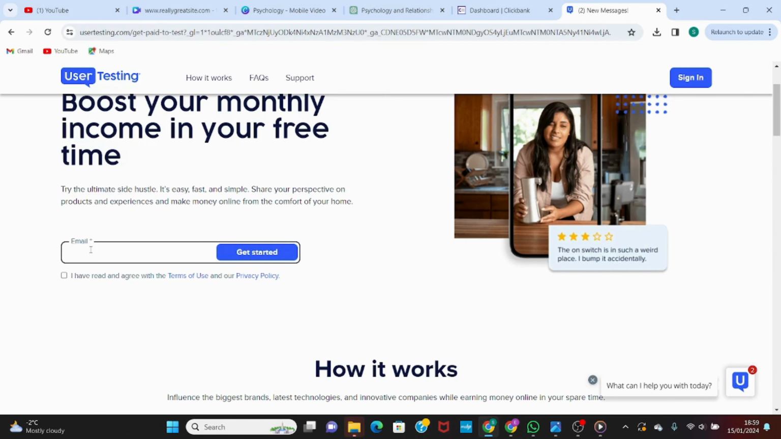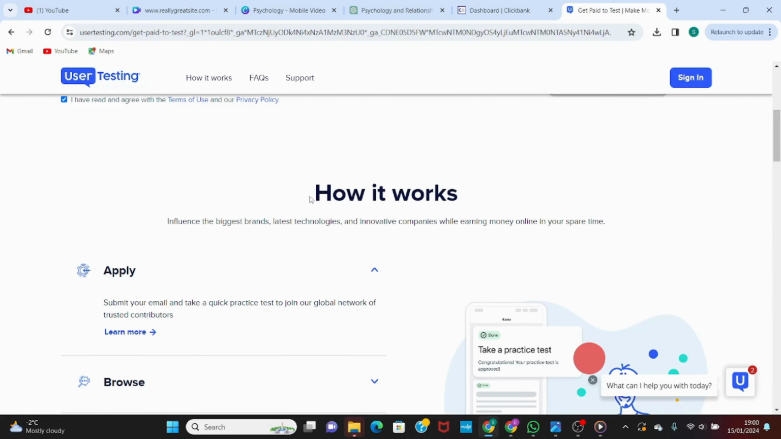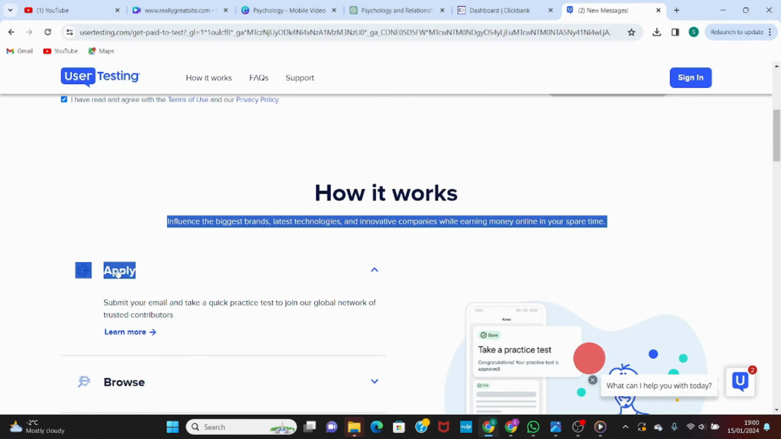You have to add your email address. Now when you add your email address, you click here that says I have read and agreed with the terms of use and our privacy policy. Then you click on get started. And this is more information here, how it works. So the first one is how to apply. Apply, it says